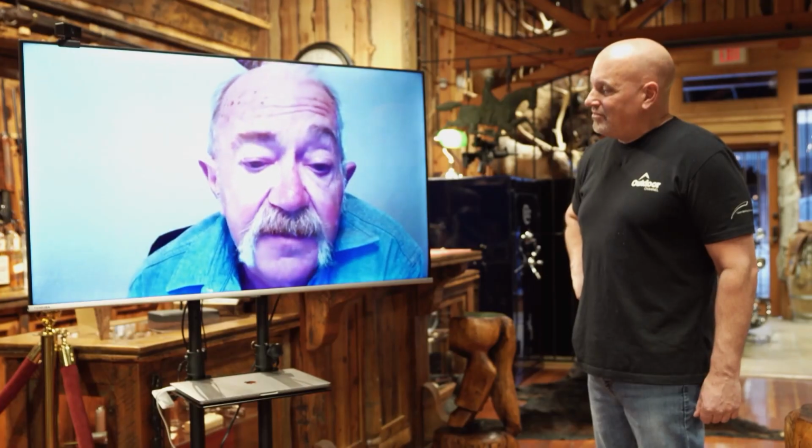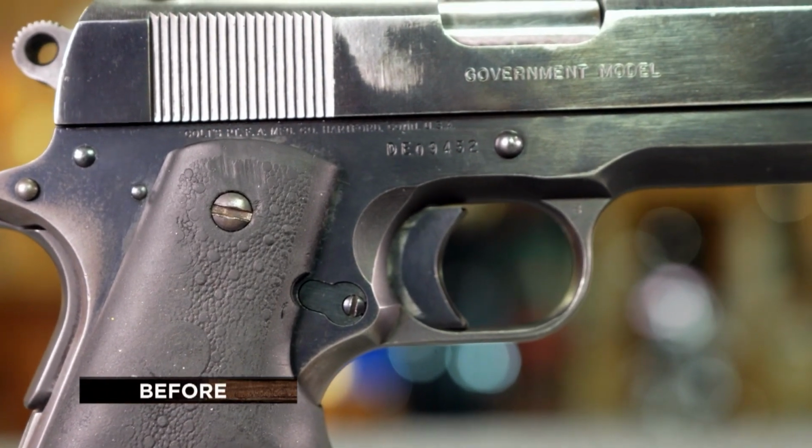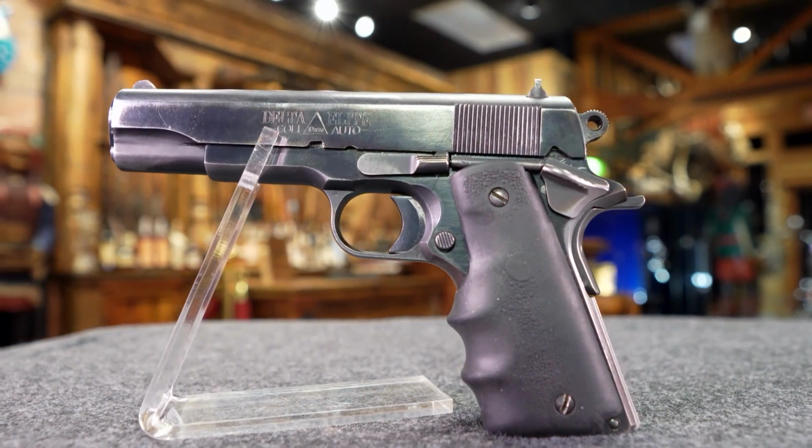Well, I am a police officer and have been since 1977. Back in the 80s, there was a lot of controversy. A lot of departments were still using wheel guns. And then Colt came out with the 10 millimeter 1911. That's what I wanted, so I got one in 1987. The last 35 years since I purchased it, it's my baby. That's my partner. We've been together for almost